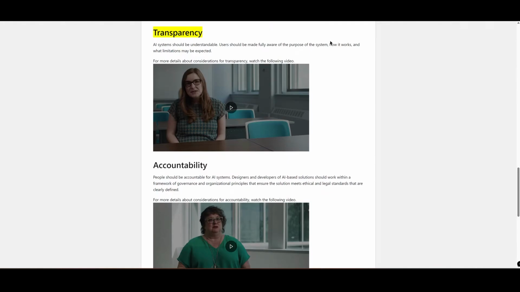Transparency. AI systems should be understandable. Users should be made fully aware of the purpose of the system, how it works, and what limitations may be expected. For more